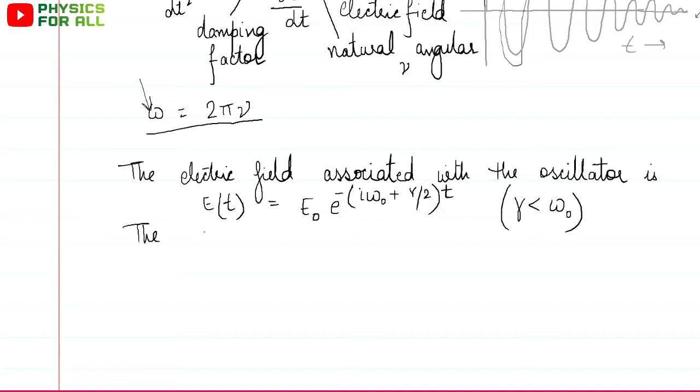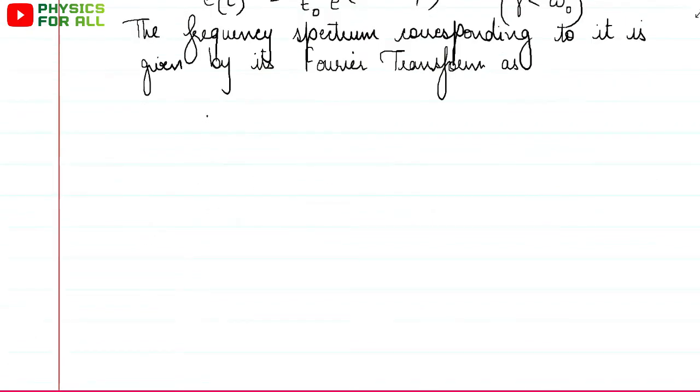Now we have to write the frequency spectrum associated with this electric field, which will be given by the Fourier transform. Now the Fourier transform, how do we write it down? This is E of omega, omega naught. As I told you, this is natural broadening. It means we will not obtain a single line in our spectrum. In fact, there would be some other frequencies involved, which would lead to broadening of the spectral line. So those frequencies are being denoted by omega, and omega naught is the central frequency. Okay, this corresponds to the central frequency.